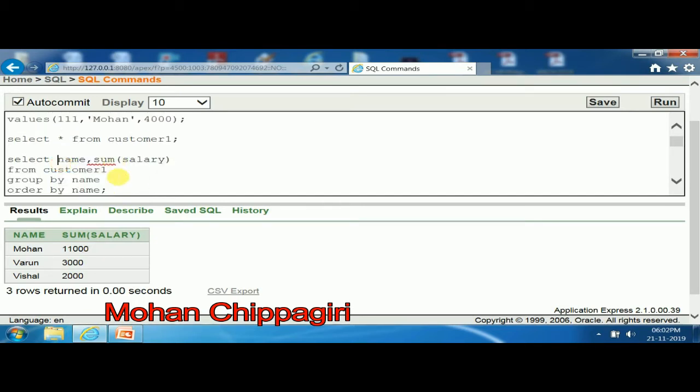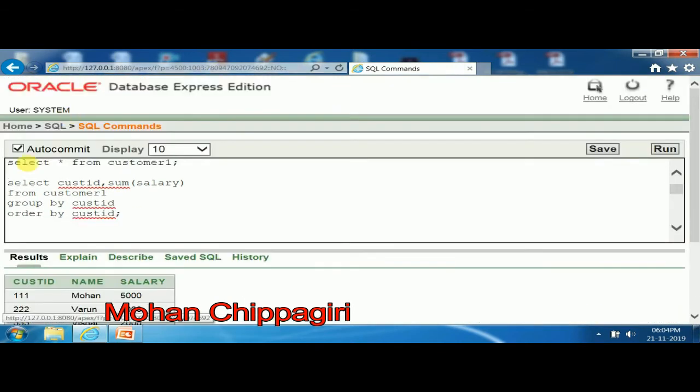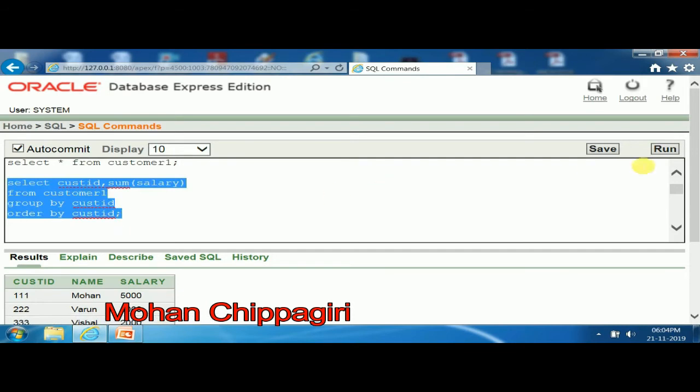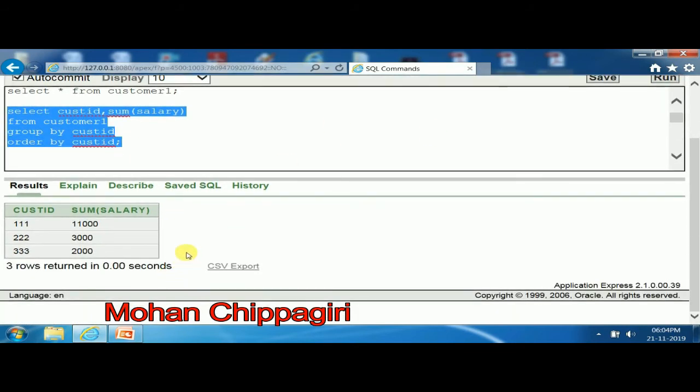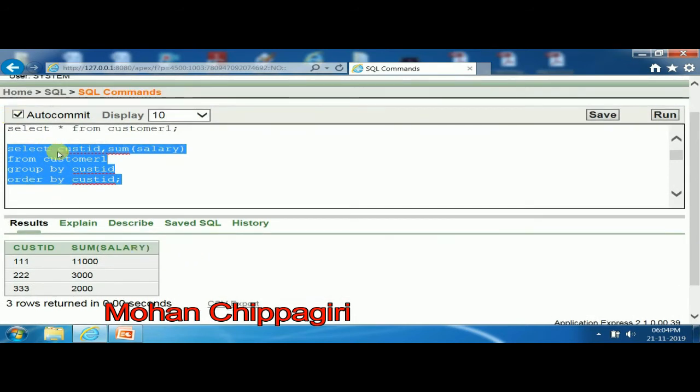So I can go for customer ID here: select customer ID, sum of salary from customer 1 group by customer ID order by customer ID.